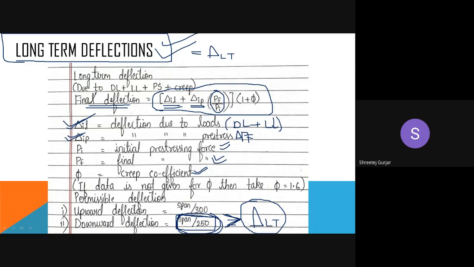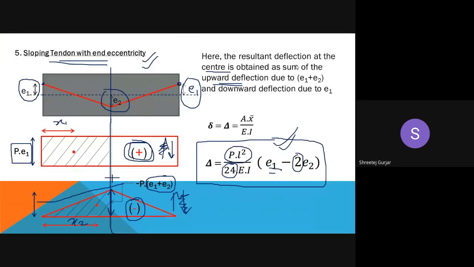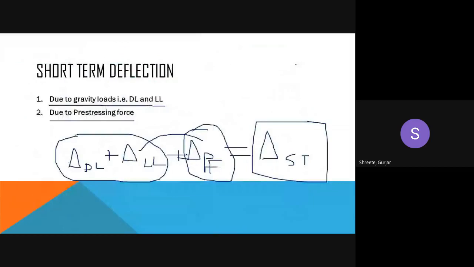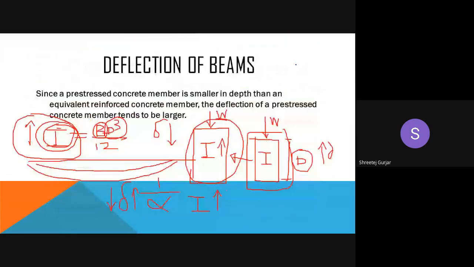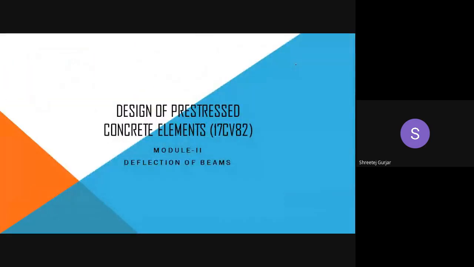So this is regarding short-term and long-term deflection, and with all of this data we can calculate. Now we can move on to numericals from the next class. If you have any doubt, whether in short term, long term, or any of the theory part, please let me know. Have you understood, guys? Yes, sir. No problem, sir. So this is regarding the theory part.